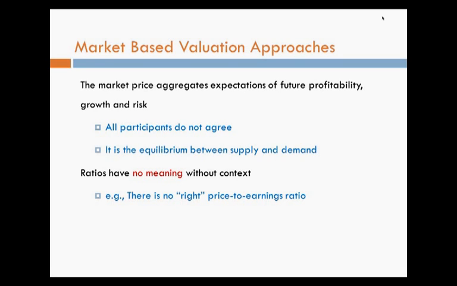Of course, you can have a very high price to earnings ratio, which bodes well for a company. Hey, the market's saying it's worth a lot, but it could be because your earnings were really bad. That's the denominator of your ratio. You could be close to zero or negative earnings, and who knows what's going to happen there. So there is no right price to earnings ratio. It's a number that, in the context of other numbers, industry averages, historical levels, other ratios, gives you a clue.